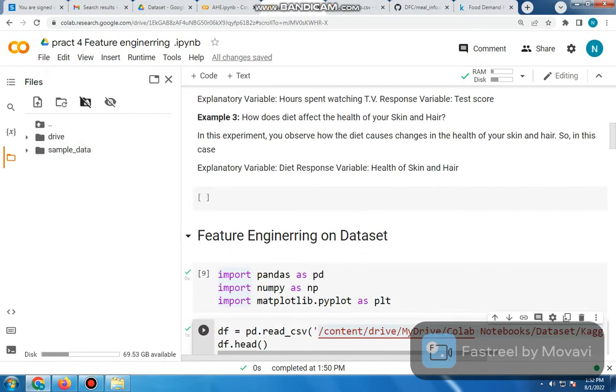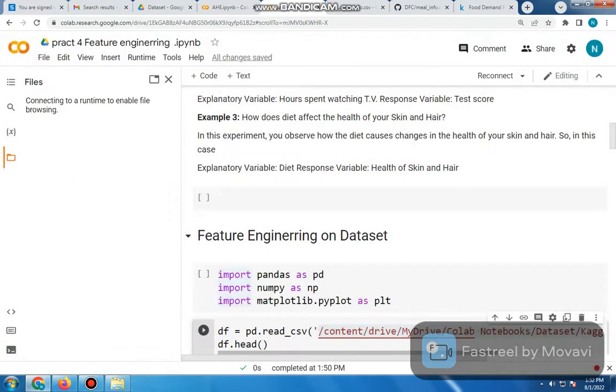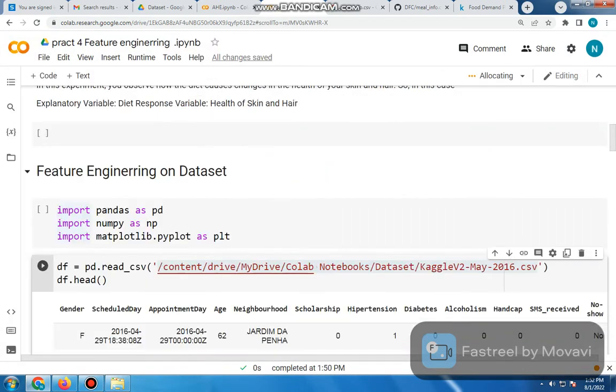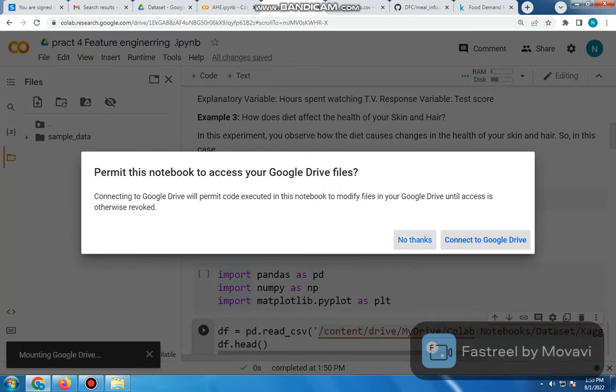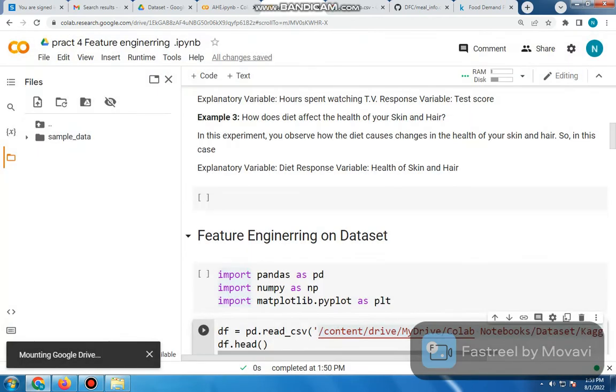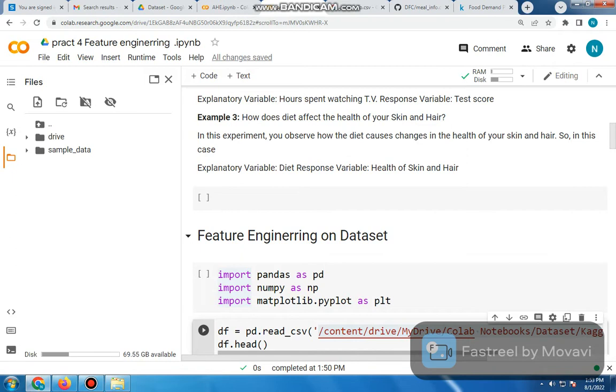Now over here this is drive. This is for the first time when you open this folder; you will see the icon this way. This is the drive icon. Currently it says mount drive. It is not mounted, so you have to first click on this mount drive. As you click on mount drive, it will say connect to Google Drive. You have to say yes, then only you will be able to access the files and folders of your drive